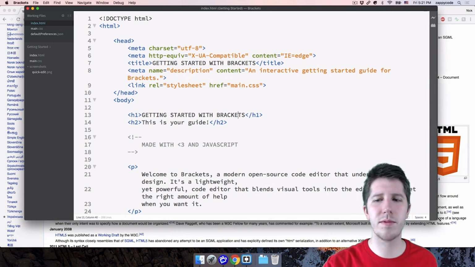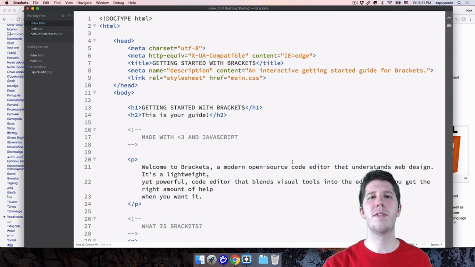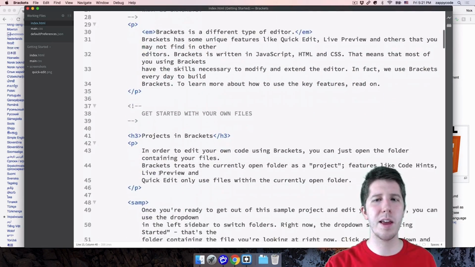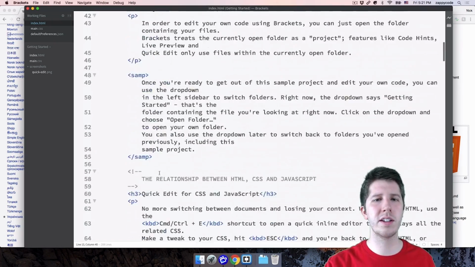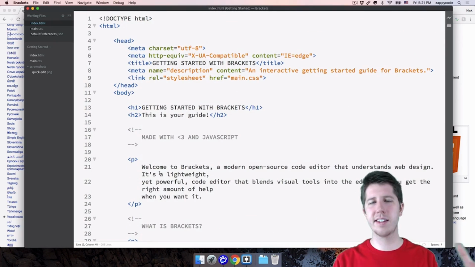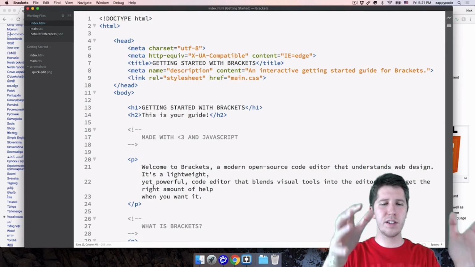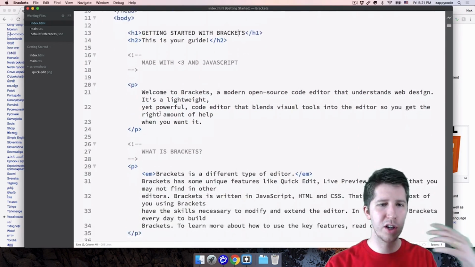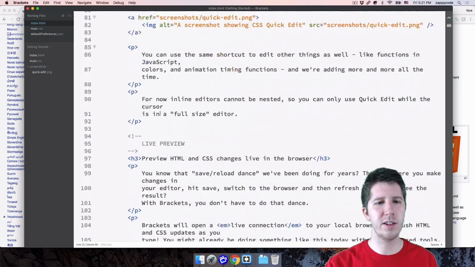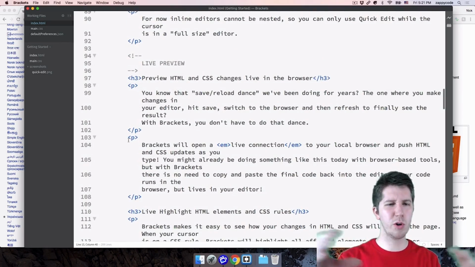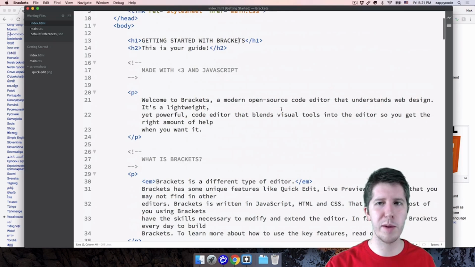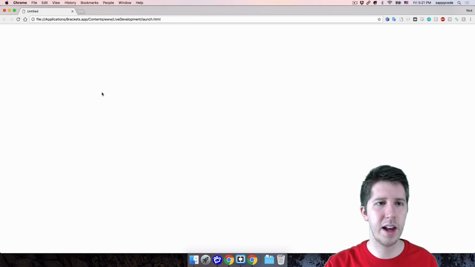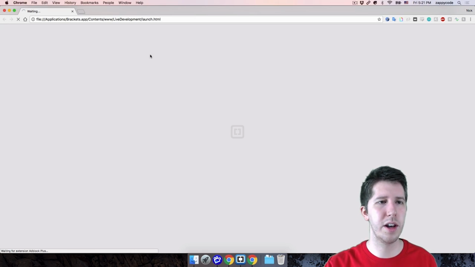Okay. So this was the example HTML file that they gave us, and you can see it's just text inside of an HTML file. The idea here is that you put these tags around text and things like that, and it's a file that a web browser knows how to display properly. This code that looks like this right now, with all these slashes and greater than or less than signs, doesn't look all that great. But when you look at this in a web browser, like if I hit this little lightning bolt here, it's going to pull it up in Chrome.